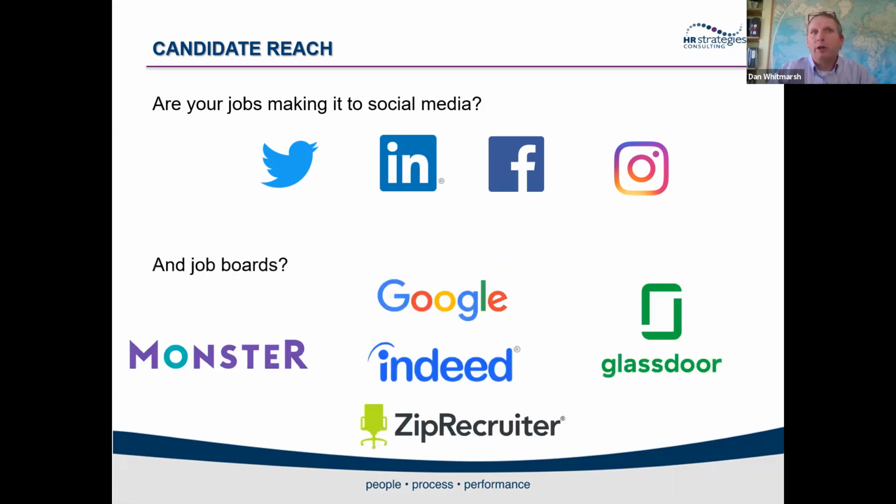And job boards. A lot of companies pull source of reports, and don't get me started talking about source reporting because it is the most misunderstood and misused diagnostic in recruitment. It is not effective. There are better ways to do source reporting than just relying on which site brought the job to me. Because think about this, a seeker may have seen your job on Indeed, and then they may have seen it on Facebook, and then they saw somebody posted it on Instagram, and then they saw a billboard with your name on it, and then they actually Googled it and they got a job ad from Monster